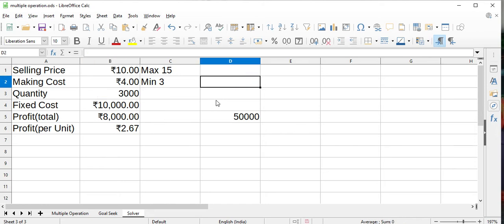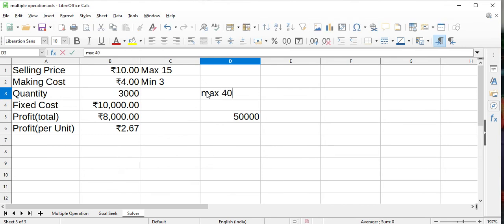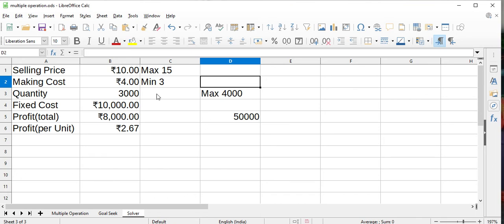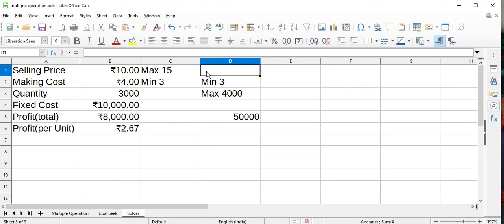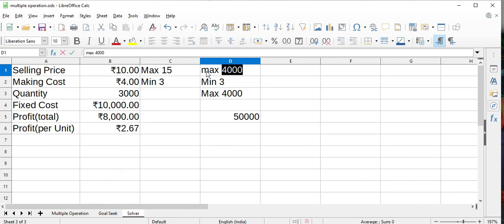The maximum quantity which we can make is 4,000, and making cost can be minimum 3 rupees only, and maximum selling price can be ₹12. Let's try to find out here.